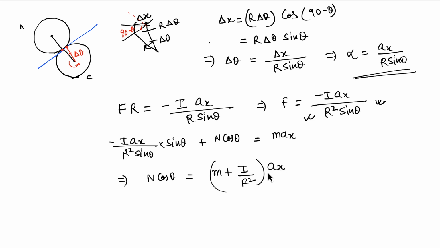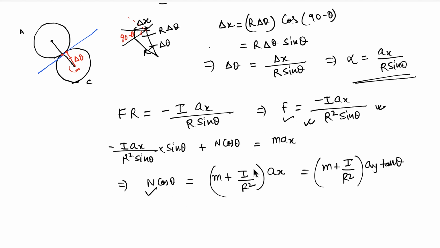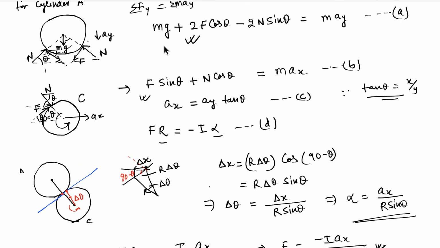So pretty much we got the same equation as earlier, and this is also equal to m plus I by r square ay tan theta. So we got n, we got f, and if we put these two in the first equation,